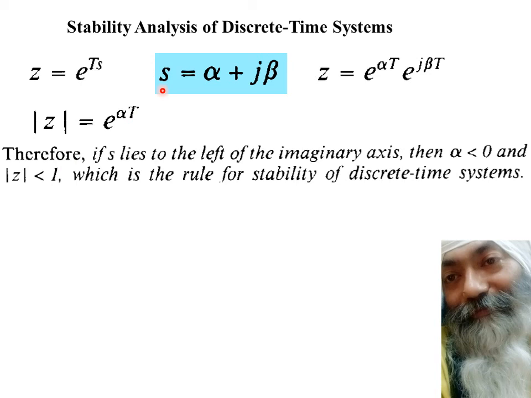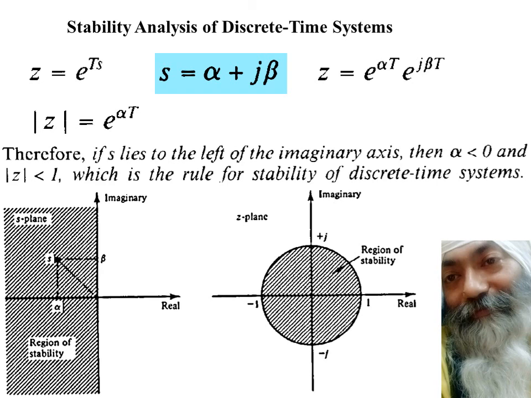Pole lying on the right means unstable system. S becoming more than 0, positive, means this z magnitude becoming greater than 1. So as you map this s onto z, we find that for unstable systems all this s was positive, and in the z domain for unstable systems all this z will be having magnitude greater than 1. So this is what we see, we have mapped the rule of stability determined from s onto z, and this mapping can be shown in the figure below.